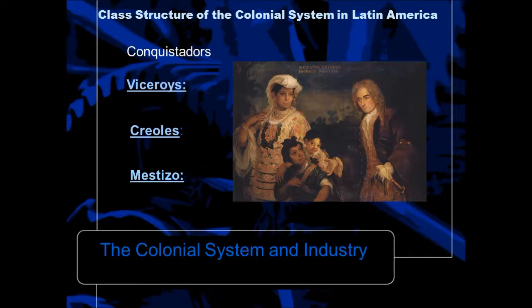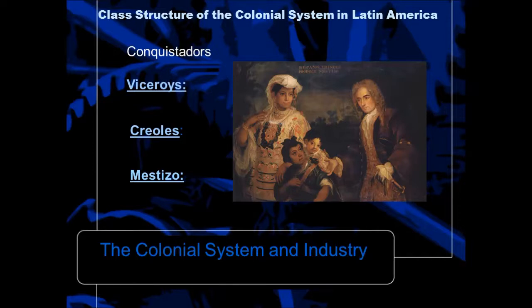Now this already starts a problem, because as viceroy couples were coming to Spain, sometimes the husband would actually send his wife, who was due to have a child, back to Spain, so that as long as she was in international waters when the baby was born, or actually on Spanish soil, they could count it as a viceroy. But quite often you have this viceroy couple giving birth to a child in a Spanish colony in Latin America, and now that baby is a Creole. So you have two classes living in the same household, and already this creates a problem.